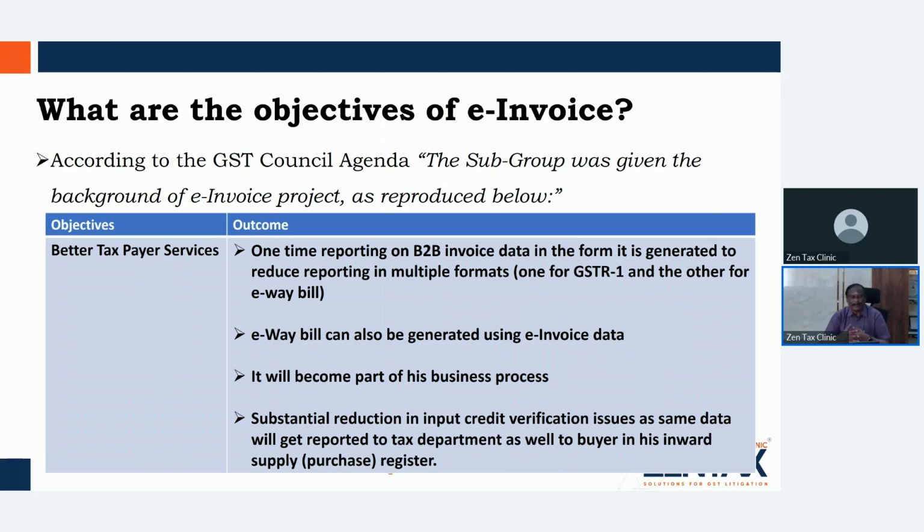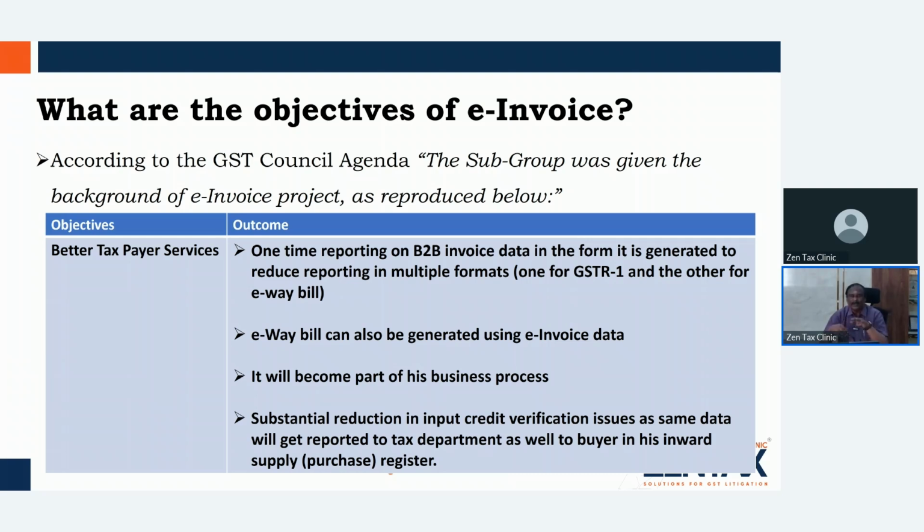In that agenda itself, they are giving why they want to go in for an e-invoice system. Better taxpayer services. They say what the taxpayer services are: enhanced facilities, advantages for the taxpayers. A single entry is sufficient. Once you generate, automatically that will go into your GSTR1 and also for generation of the e-way bill. Previously, once you generated an invoice from your software or ERP system or SAP, that again had to be fed into GSTR1. Now that requirement has gone.